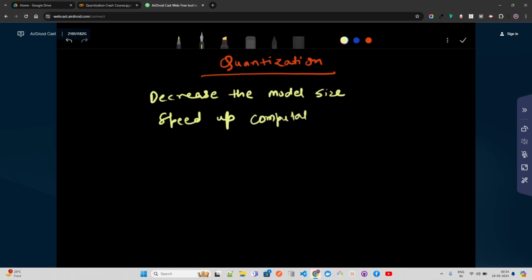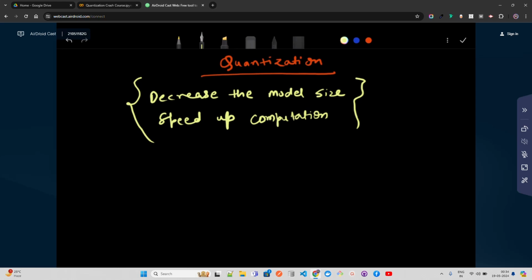Not everybody has A100 or L4 or T4 GPUs, right? So a lot of you would like to run this on a consumer grade GPU or a CPU, and that's where we use quantized models. So keep this in mind: decreasing the model size and speeding up the computations. And we'll try to keep the performance as it is. We'll show you how, when the complexity increases, performance of course degrades. So when people say, hey, look, quantization does not affect your performance, don't trust it. Nobody can prove it, to be honest. We like to see with a simple neural network, and then we go a bit deeper into a large language model and see how performance differs as we go step by step.